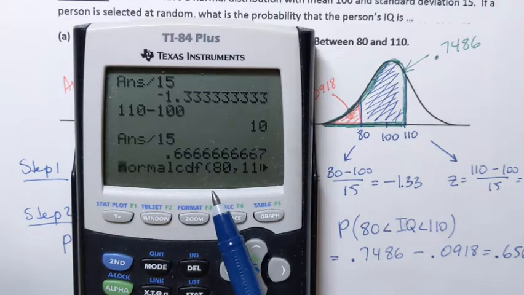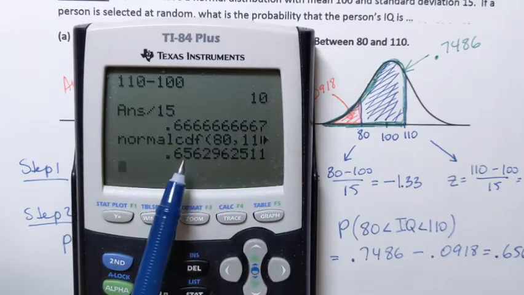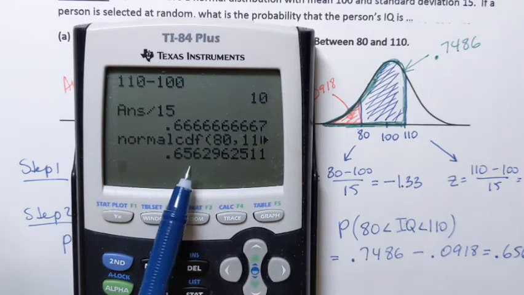You just need to remember in which order to enter them on your calculator, but it's the same order. The lower boundary, comma, upper boundary, comma, the mean, and then standard deviation, all separated by commas, and then you close the parentheses, and then you press enter. And it says that the area in between those values on the normal curve, which is the same as probability, is